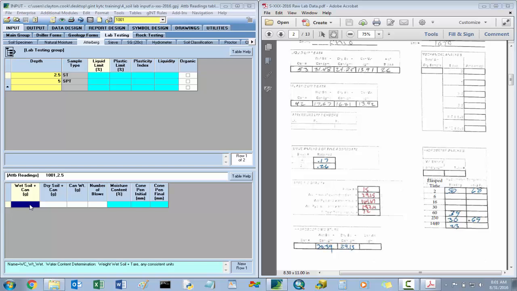My liquid limit, I'm reading from my liquid limit data across here. Our wet soil in the can is 31.48, then 24.85, then 13.91, and the number of blows was 26. So now I'm going to input the plastic limit information: 17.67,